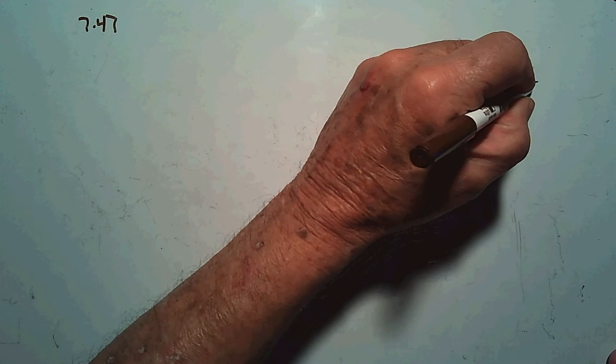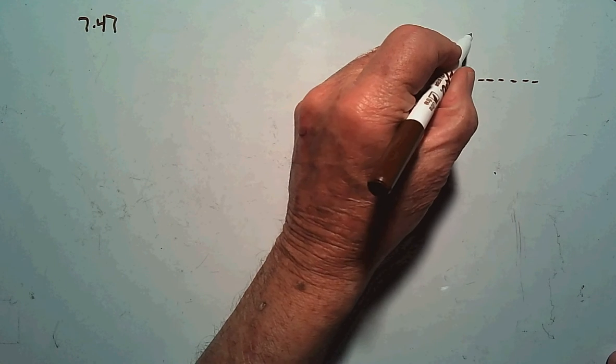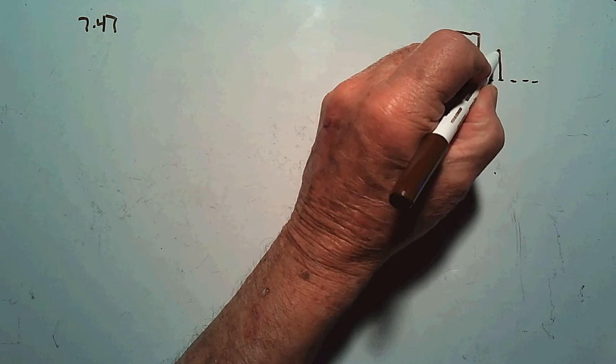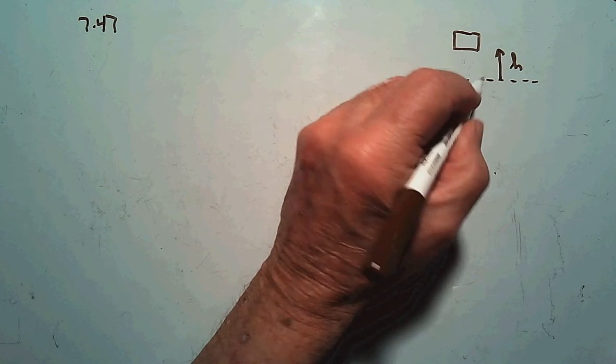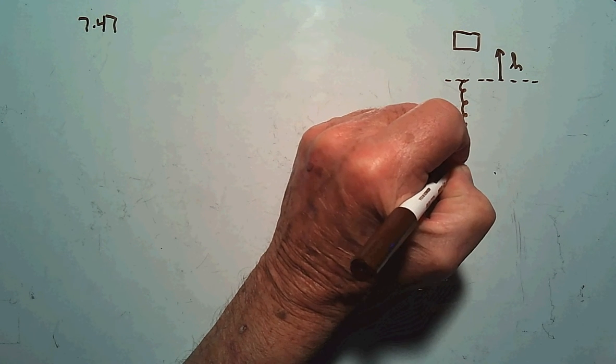In 7.47, we're to find an expression for the maximum compression of a spring in which a block has been dropped onto it. Okay, so if we have this block at a height h above the end of the spring, which is sitting here, that's to be compressed,